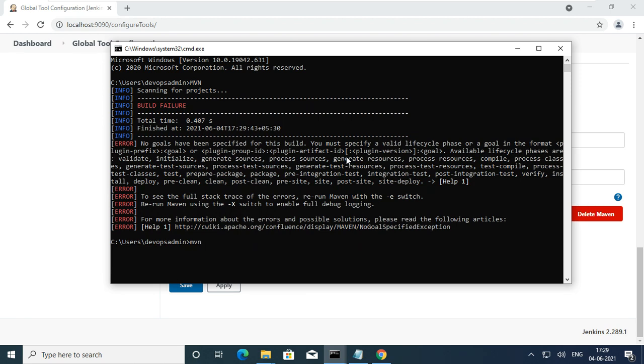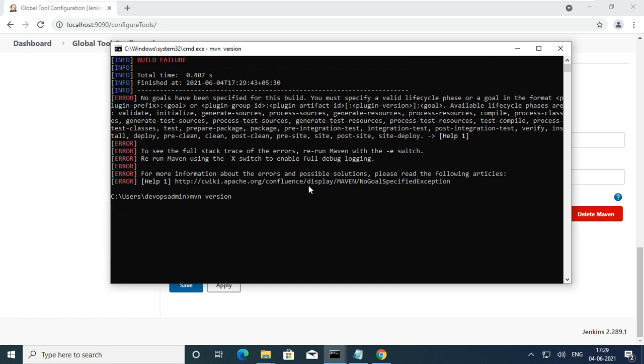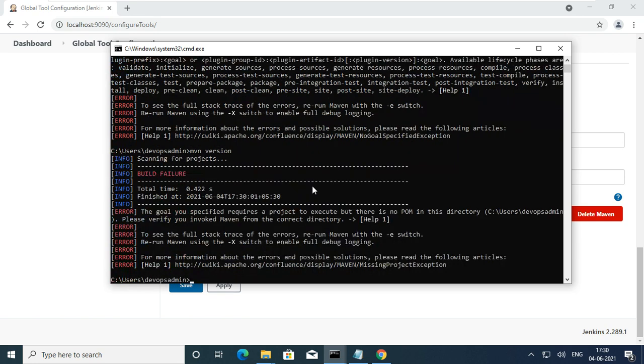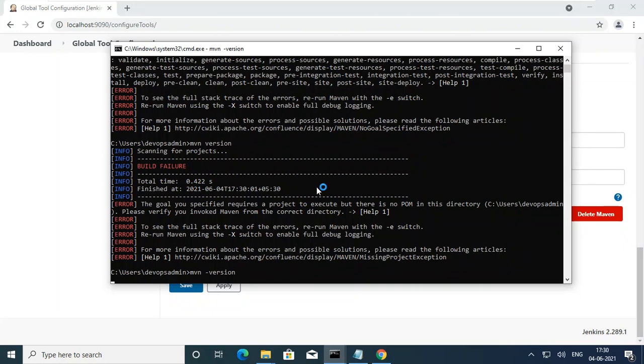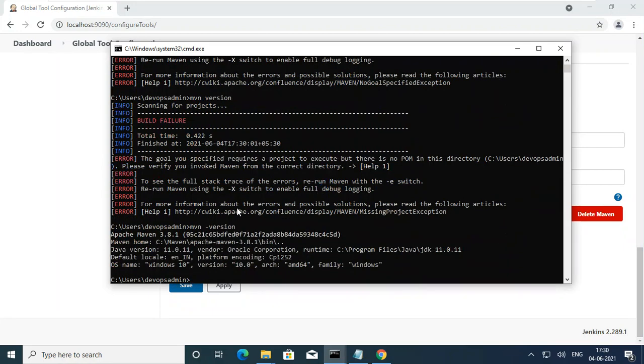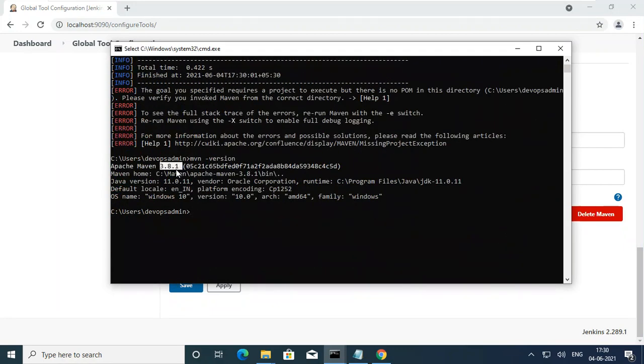MVN version, hyphen version or just version, I forget. Yeah, now it is showing what your version is. Maven version 3.8.1 I downloaded. Java version is 11.0.1. So this is why we are using environmental variables.